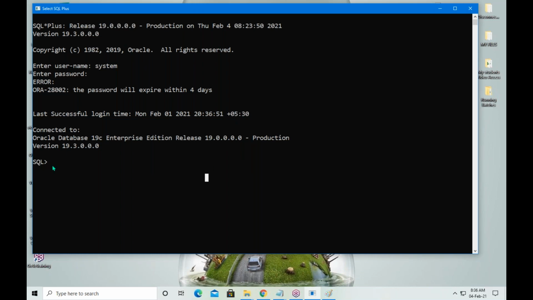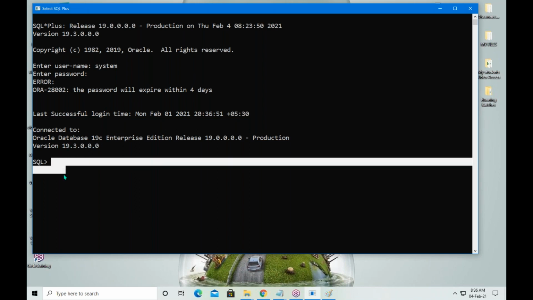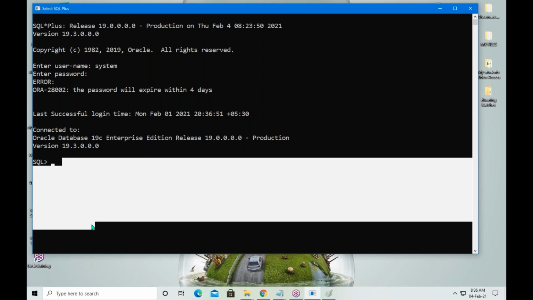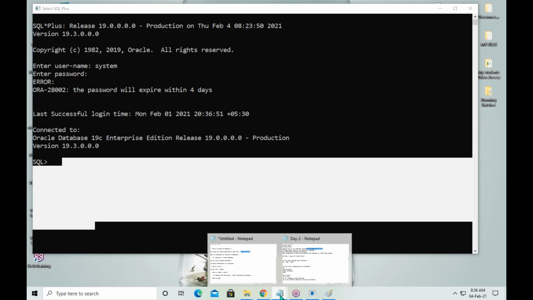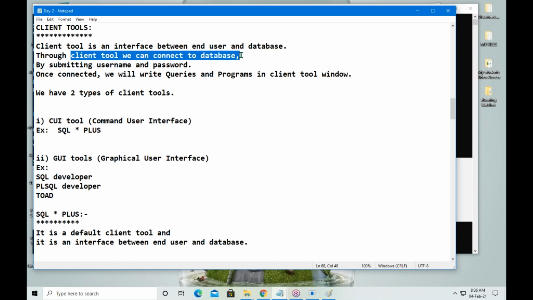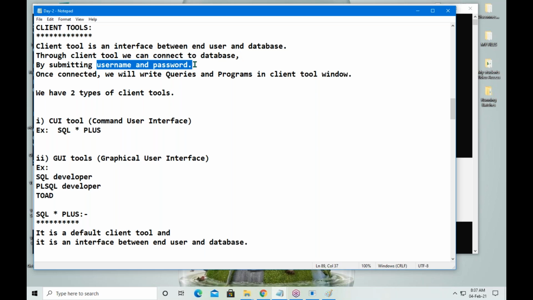In this client application, I will connect to the database, write SQL queries, and also write PL/SQL programs. Through a client tool, we can connect to the database by submitting a username and password. Once connected, we will write queries and programs.